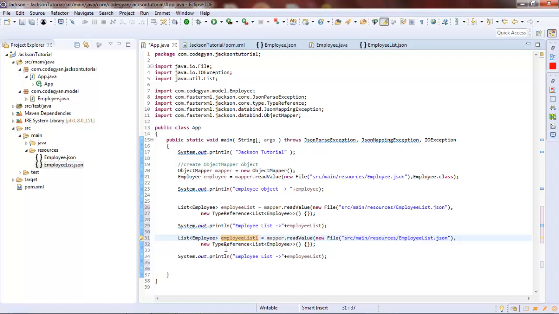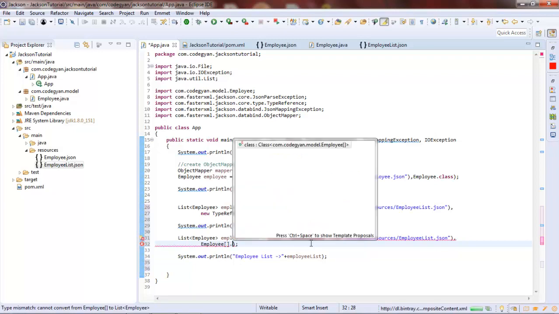Now the change will be, instead of this type reference, we will remove it and provide Employee[].class.